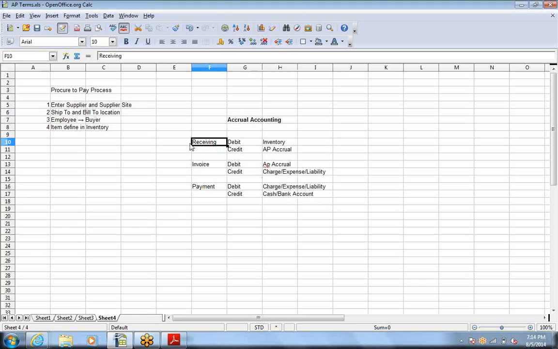Okay, now there are three transactions. What is the benefit of this? Let me tell you. When we have done the receiving and have not matched the invoice, then whatever is the credit balance in this AP accrual account, it means the company has to pay that amount. It means we have received that many purchase orders but we have not entered the invoice for them. Enter the invoice and match it. So that's what I'm saying, that whenever